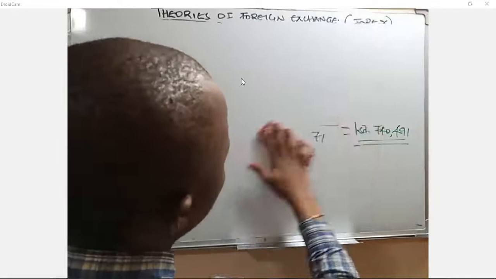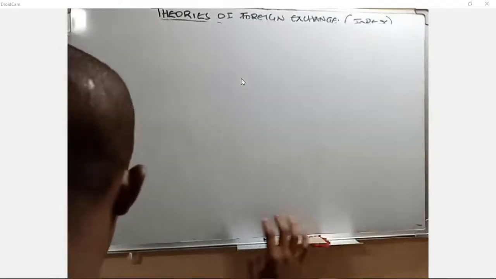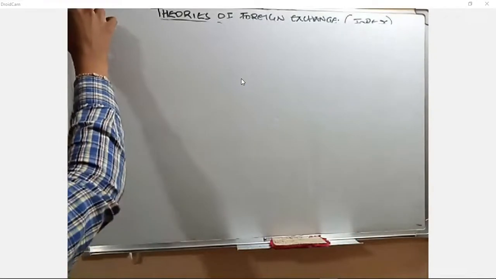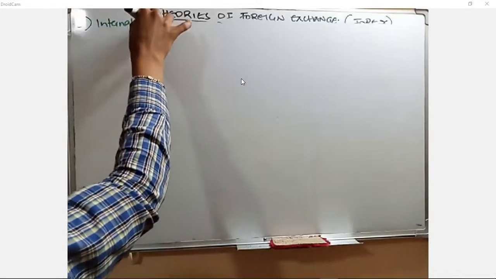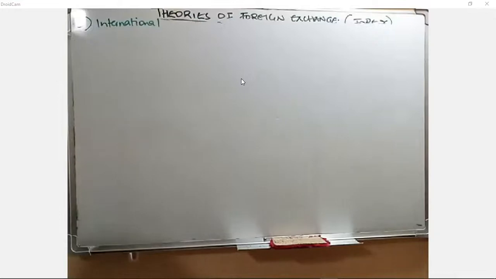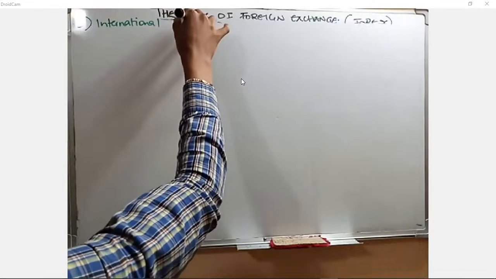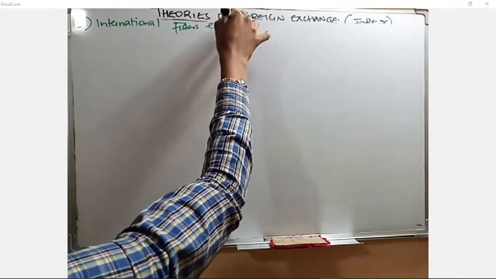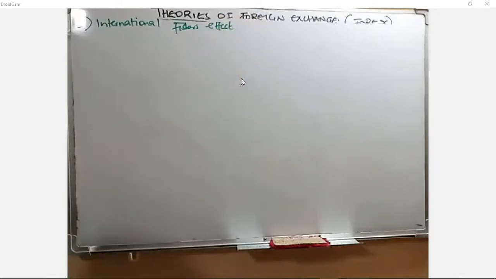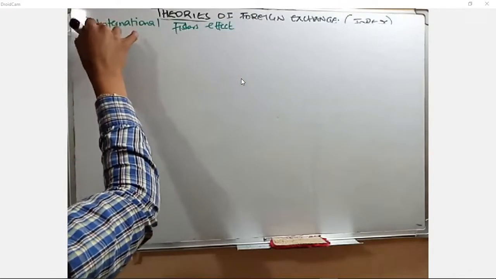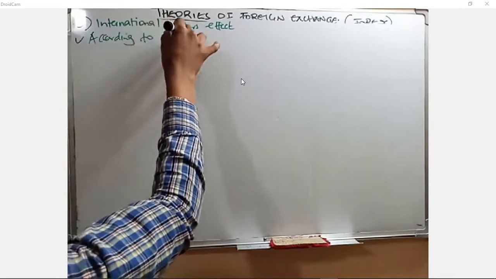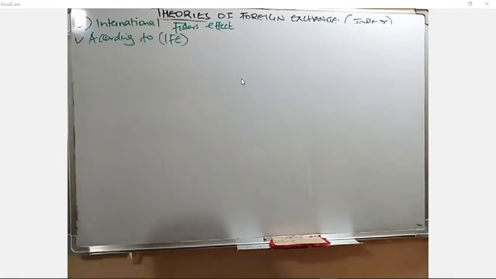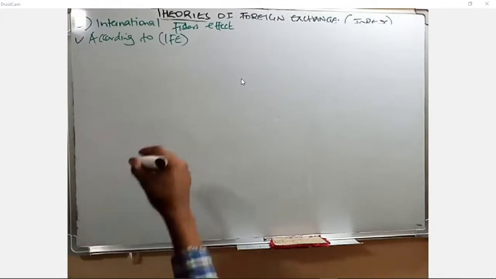We are discussing number 3 here, which is normally called the international Fisher's effect. According to IFE, the interest rate difference